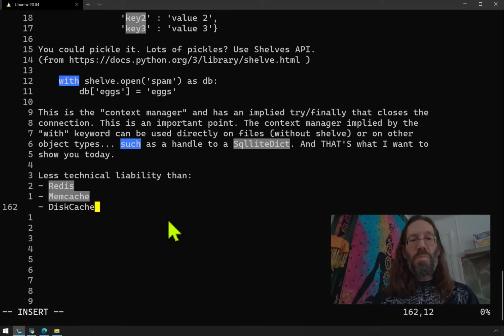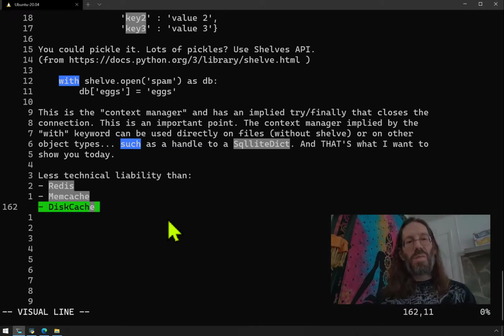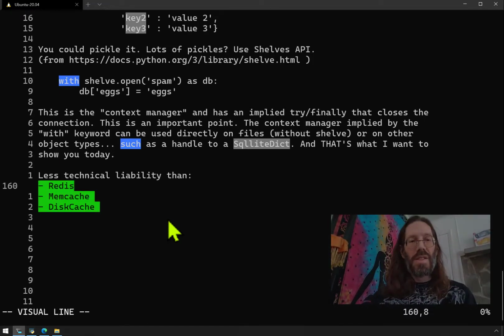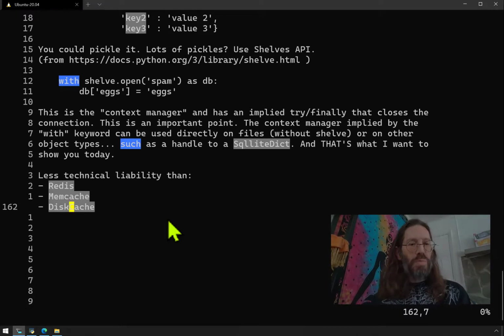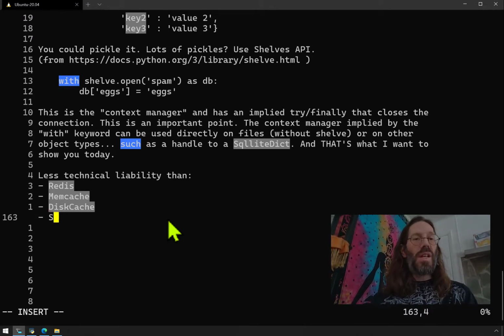Oh, well, the grown-up version that's like what I'm using, Disk cache. I'm not saying don't use it. These things are what you would use if you were doing website development and you needed a local cache that did a lot of this type of stuff, especially if it was scaled out over multiple sites with load balancing and stuff. Having more complex architectures that support parallelism and stuff is a good idea. You don't want to back end everything you do with Sqlite, but what we're doing is less technical liability than even Sqlite